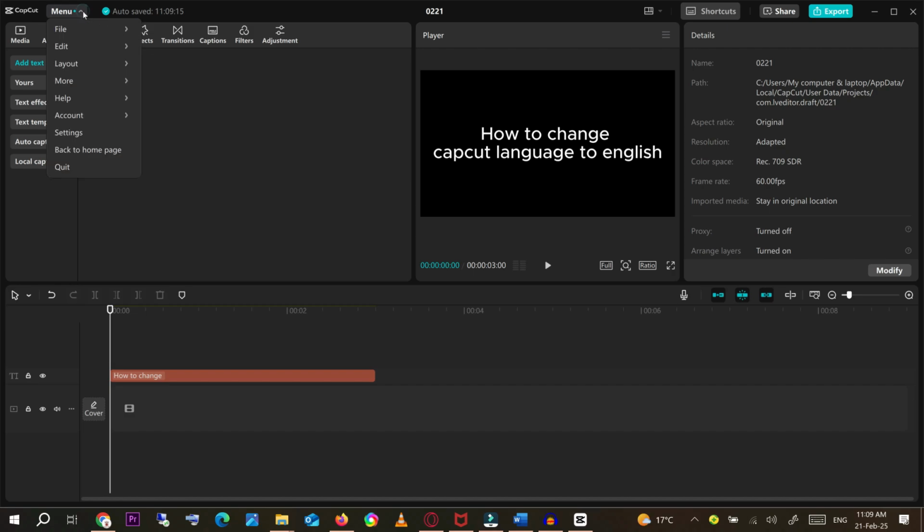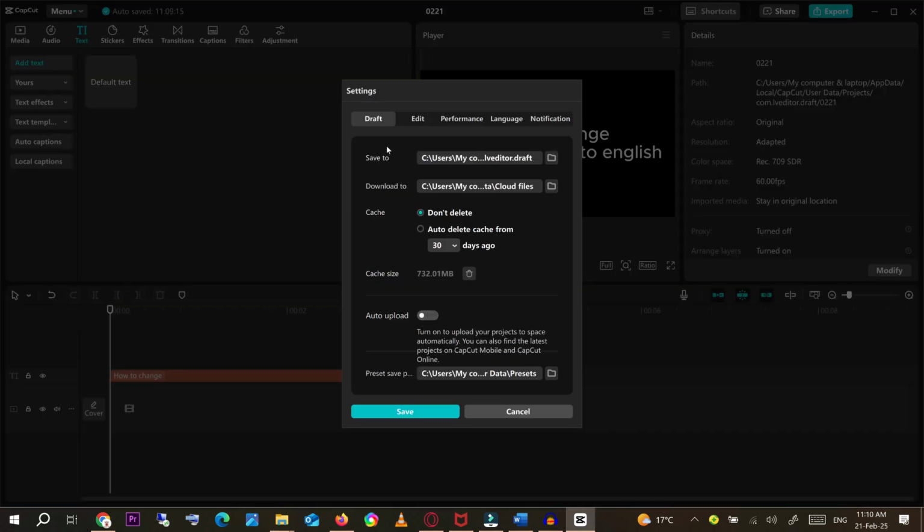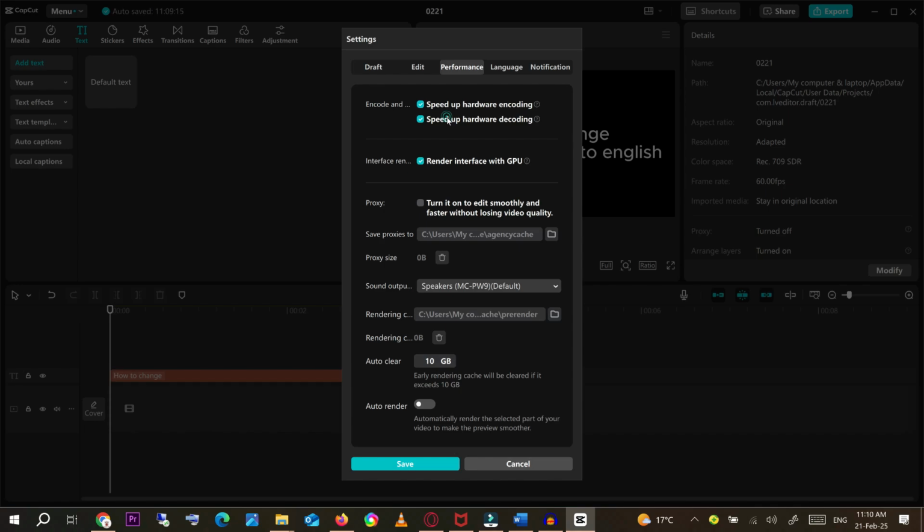Click on that and now you have to click on the settings. A window will appear on your screen and on the draft, edit, performance, and then you can see there's language